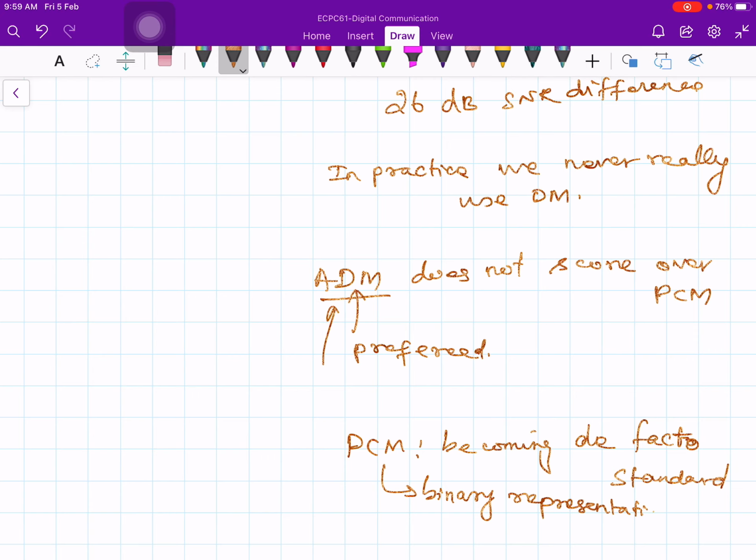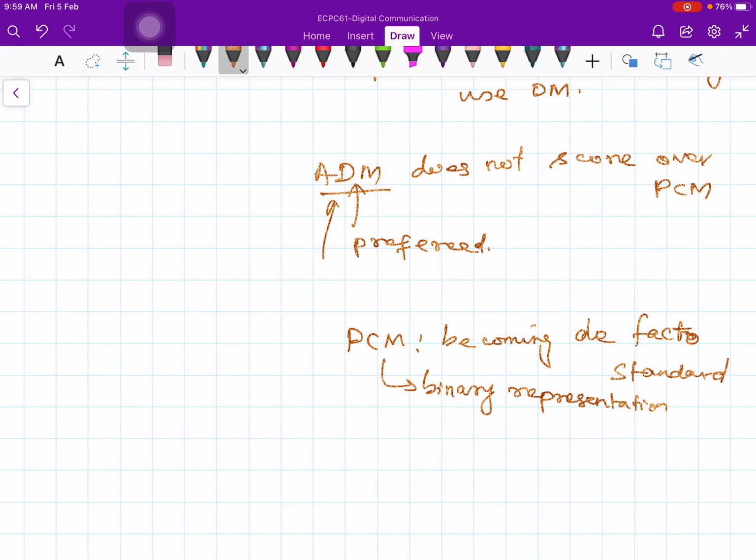You take the message signal, sample it, quantize it, and what you get is the quantized amplitude of the message signal, and that quantized amplitude is represented in terms of binary. So it is a binary number, and whenever you have binary, there is a lot of advantage. You can do signal processing on it. You can amplify it. You can add it with another signal. Because of that, especially in speech processing and music signal processing, so much development has occurred. Five-channel, seven-channel music systems have come because of this advantage given by pulse code modulation.